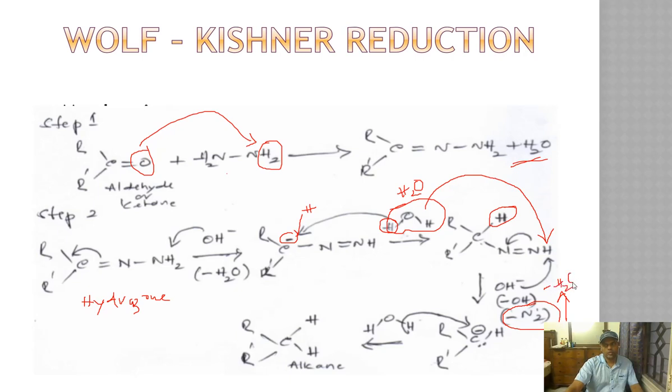Minus H2. Right, and this nitrogen is going to combine with this nitrogen, and it's going to produce the nitrogen gas. Now what is going to happen over here? So these are all gone now, and this bond electrons are going to go with the carbon, and carbon is going to be